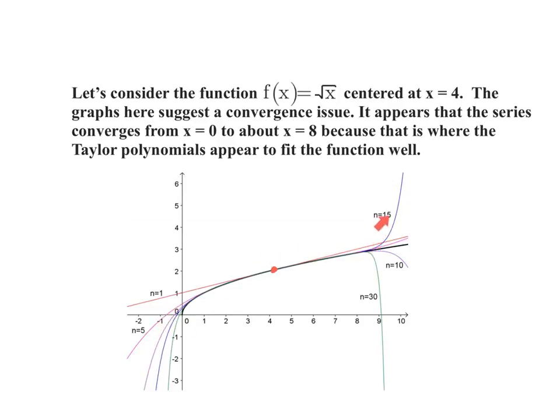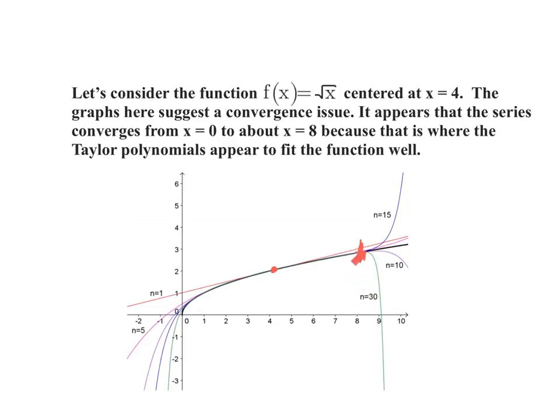And we've got a 15th degree and even a 30th degree Taylor polynomial. Now, as you notice, what happens is right around this vicinity here, our Taylor polynomials start to deviate from the square root of x. And even though we are increasing the number of terms out to even 30 terms, it is still deviating away